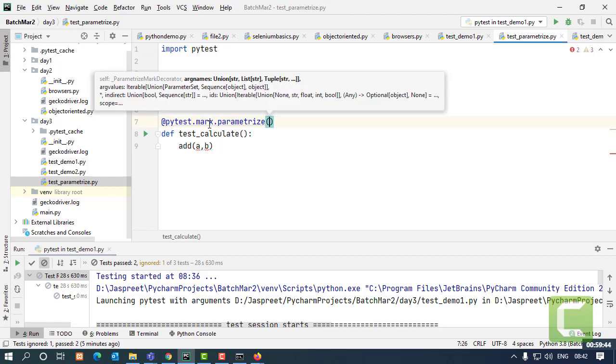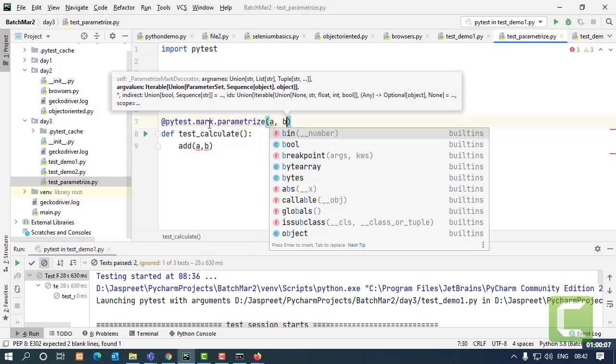To this annotation, two things are passed. First is the parameters which are actually going to be passed to the test case. There are two parameters that I need, a comma b.